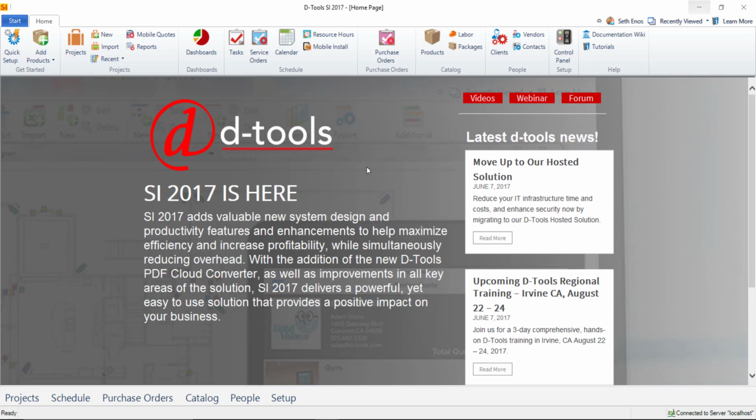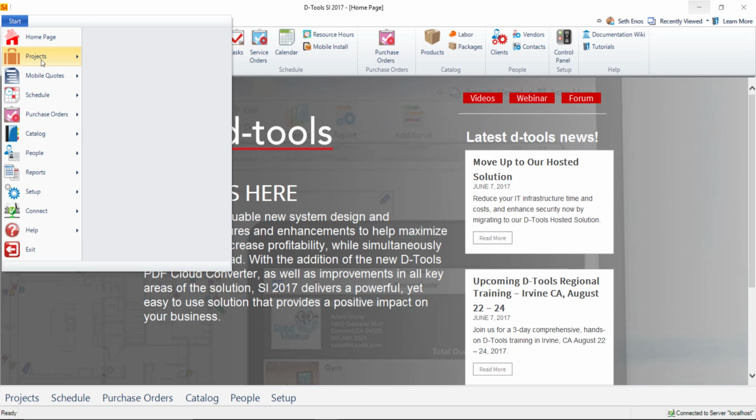And now I'll show you how to share documents. There are three interfaces inside of SI where you can share documents to the customer portal. The first one is the Project Explorer. So we'll go there